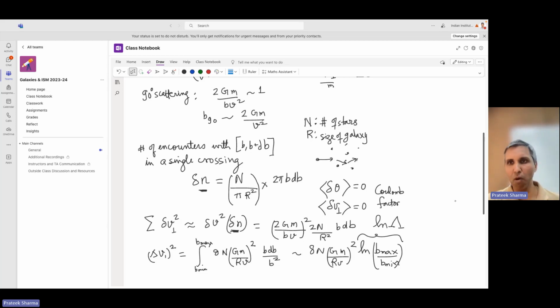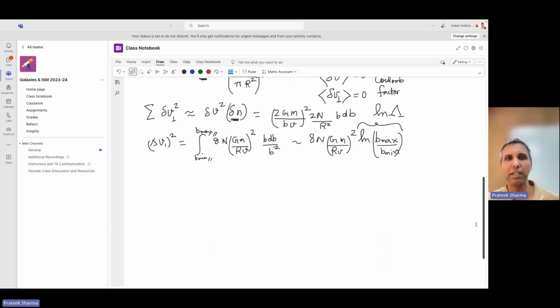And so you can actually see that the dependence on the value of these limits is pretty weak, right? Even if you increase b max by a factor of 10 to the 3, this just changes by something like the original value plus 3. It's a logarithmic dependence, which is actually good. What it means is you don't have to bother too much about b min and b max, but we should still want to know what b min and b max should be.